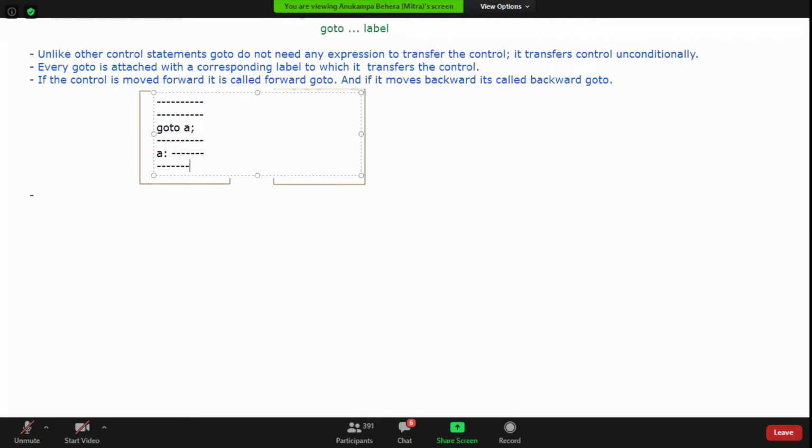Then we have some other statements like this. So this is one type of code that we have.